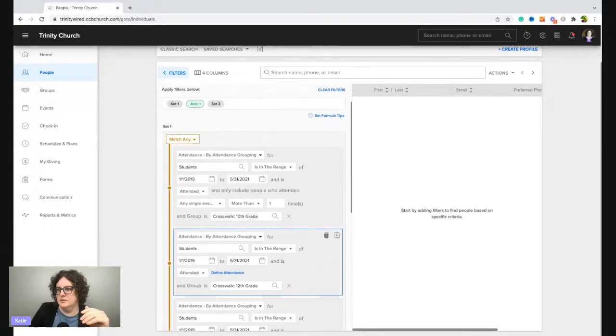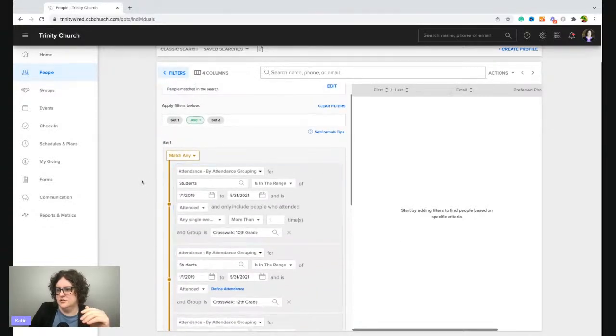I'll give you another example, and this is so you can screenshot it. Students attending, so by attendance grouping and then by specific group. This is because within our group, sometimes we use different attendance groupings. We have a class one, so if a student attended a class, they might show up there. We want to be narrowed down, and we use the student attendance grouping in other groups as well.